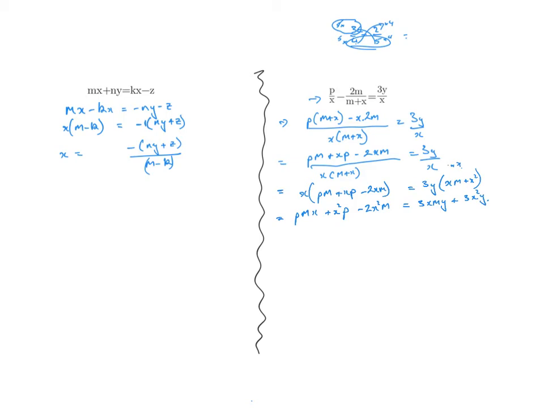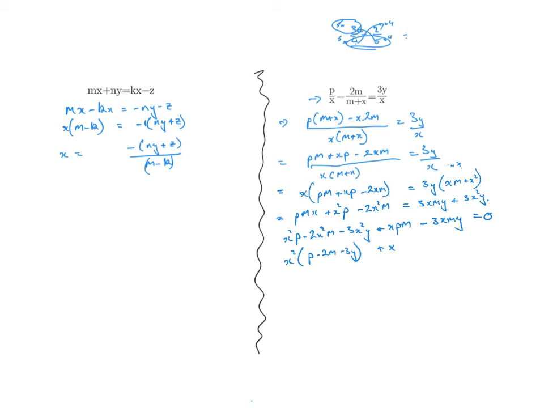Alright, so let's just keep plodding along. Let's group everything onto the left-hand side. So we'll have an x squared p minus 2x squared m minus 3x squared y plus xpm minus 3xmy equals 0. So it looks to me as if all of those have got an x in them. Well, let's group the terms together. We've got a lot of x squareds there. So let's go x squared, and we get p minus 2m minus 3y plus an x